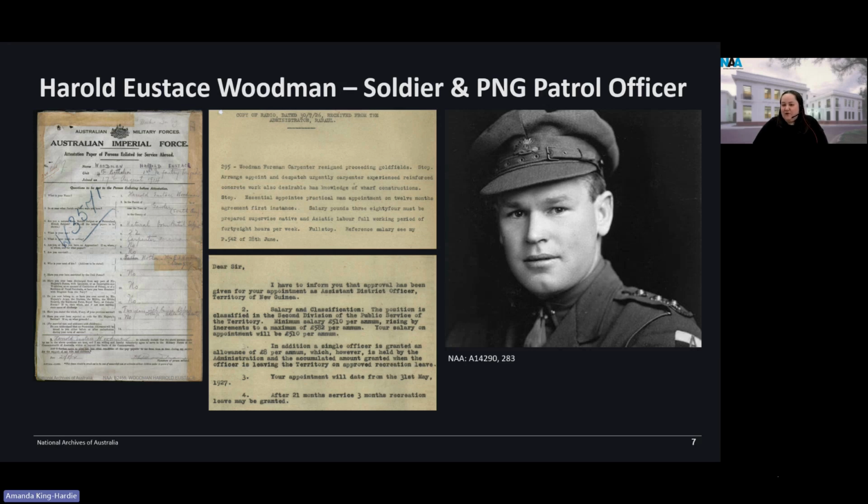In August 1914, only days after enlistments opened for World War I, Harold left his trade as a carpenter and enlisted in the AIF, aged 22. Harold was among the first troops to land at Gallipoli and earned promotion after promotion, as well as injury after injury, being wounded in action a total of 5 times during his World War I service. On the left, you can see a page from his World War I service record in our custody.